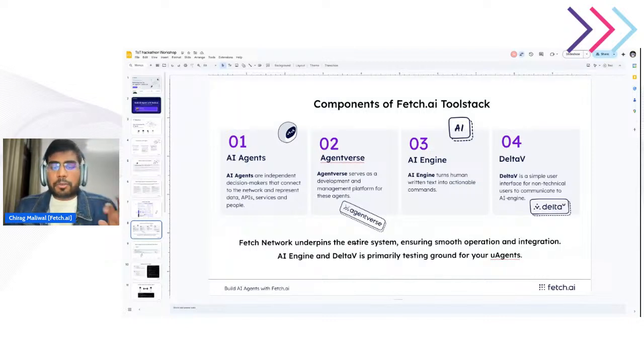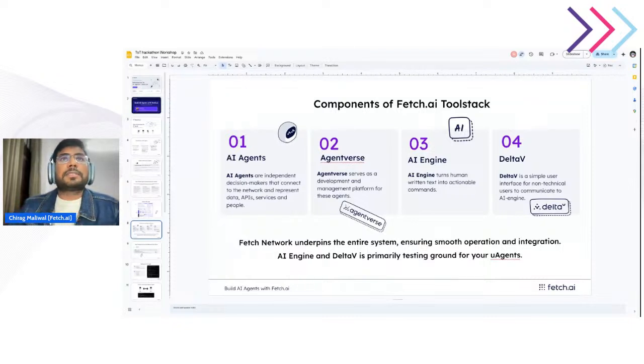So in a few points, the key features of Agentverse are: the first is cloud-based development and hosting. The second is the agent marketplace, where developers can list their agents while businesses and users can discover and use them. The third is multi-agent collaboration and the mailroom, where an agent can still receive and process messages when offline. And we have some pre-built templates you can use to create AI agents with a few clicks.